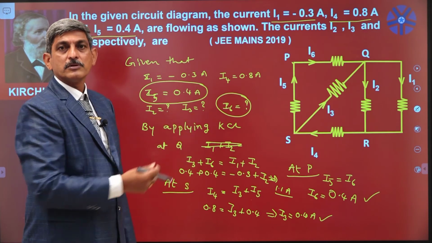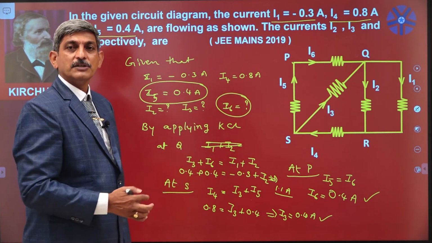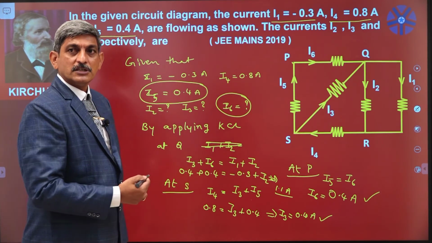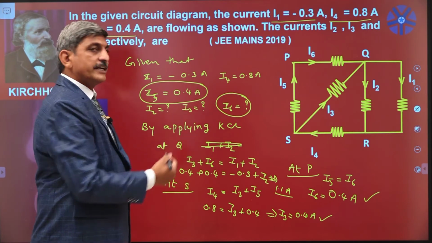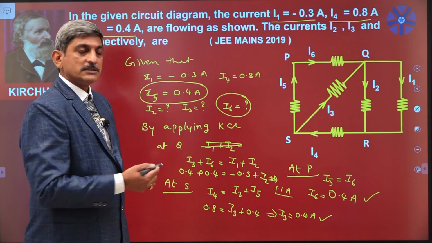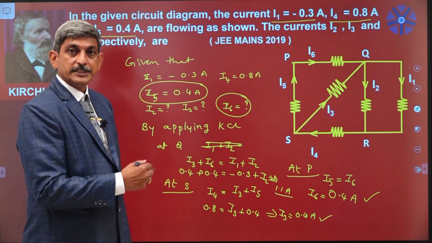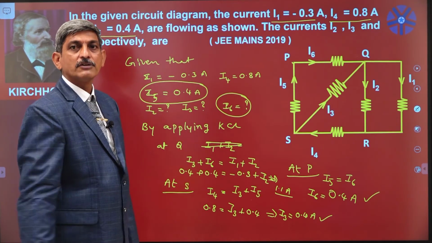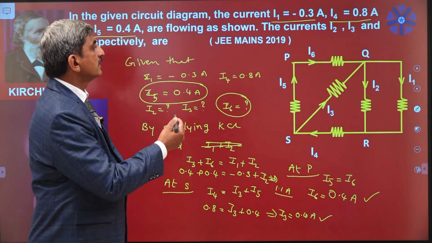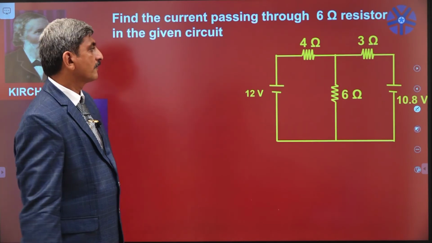Very simple problem. So if you are getting 3 answers as right, you will be awarded 4 marks in the JEE Mains. So that clarity is needed where we have to apply the Kirchhoff's current law. By applying the Kirchhoff current law in a proper way at different junctions, we can write down the equations for solving of the currents. See the another example based on the Kirchhoff's voltage law.